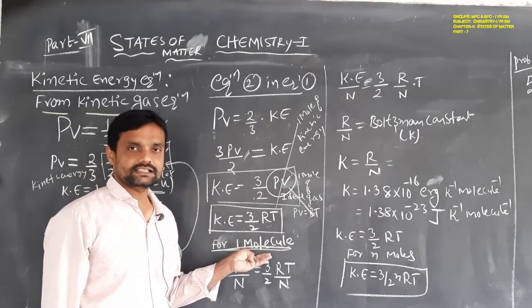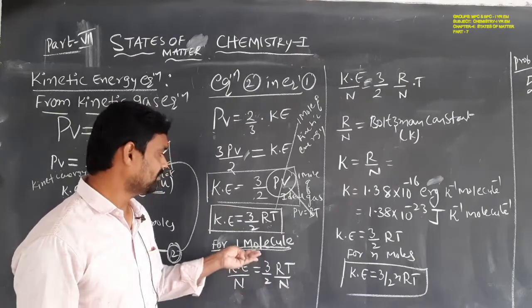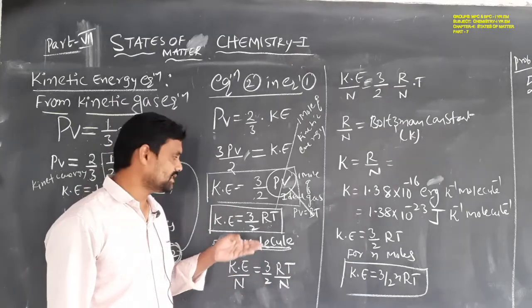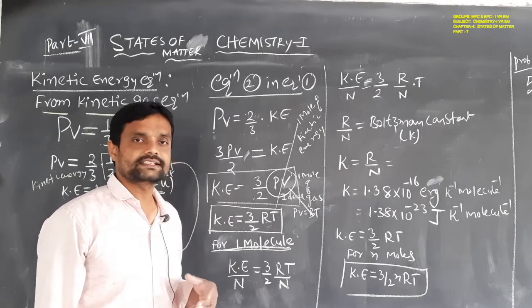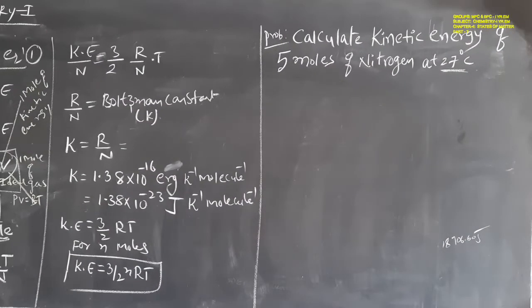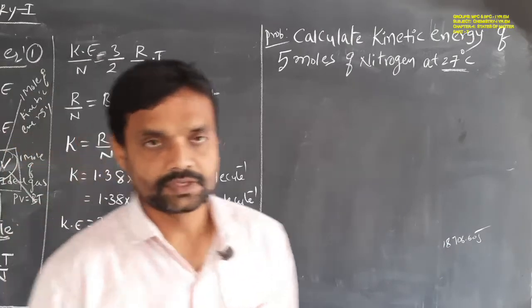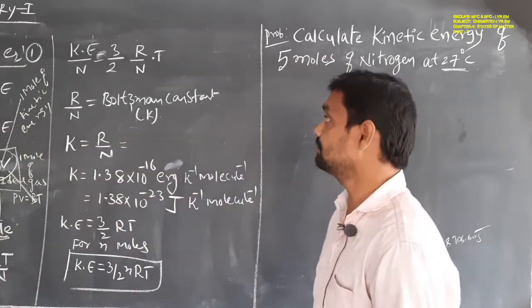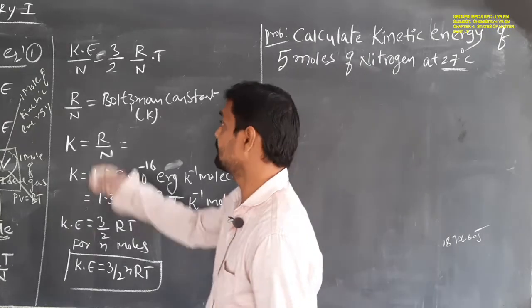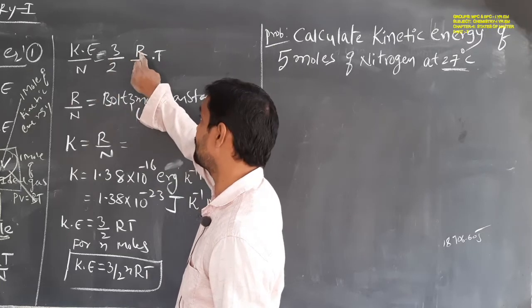The 1 mole kinetic energy equation is divided by the Avogadro number, so KE divided by N is equal to 3 by 2 capital R by